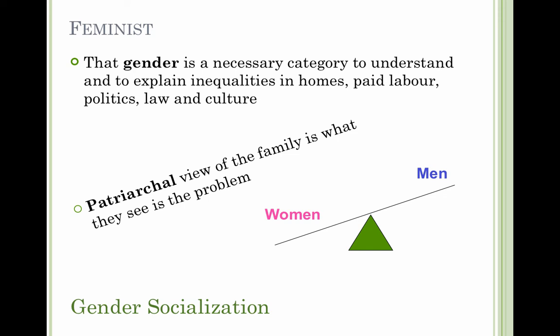Boys are expected to be more active and aggressive, girls expected to be more nurturing and sensitive to others. There is still widespread acceptance of the idea that women can be fulfilled only as a wife and a mother. Now we're seeing this shift even in our own lifetime, but for many generations of women, the only way they were going to find fulfillment as a person was to be a wife and a mother.